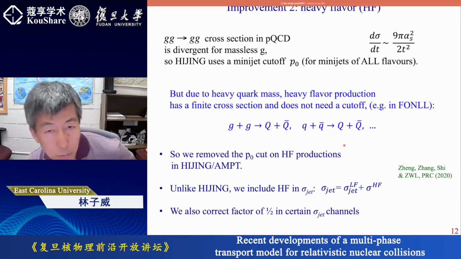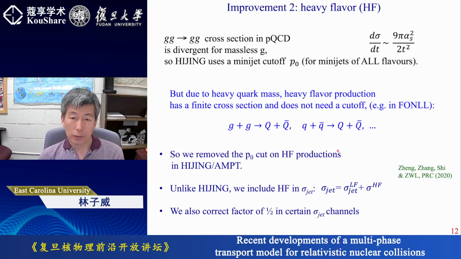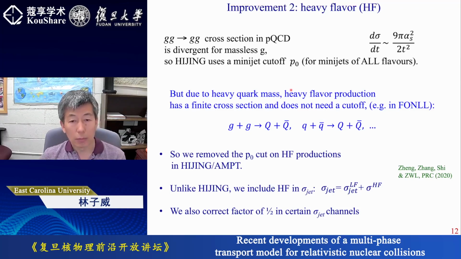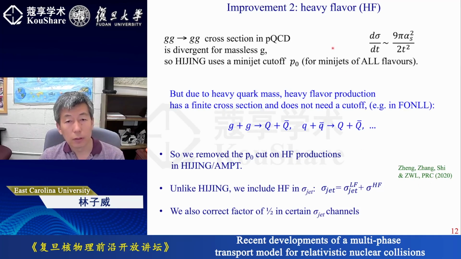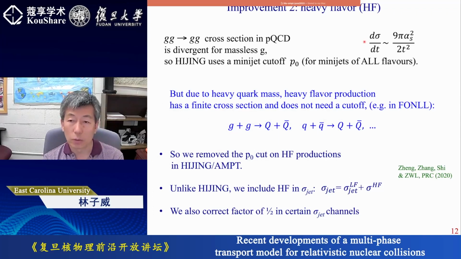Let me come to improvement number 2, about heavy flavors. The public AMPT model does not do a good job in heavy flavor production, and we have made recently several improvements about that. First is about the mini-jet cutoff. We know that we need the mini-jet cutoff because the jet production cross-section, or the mini-jet cross-section, will diverge if you do not impose a cutoff